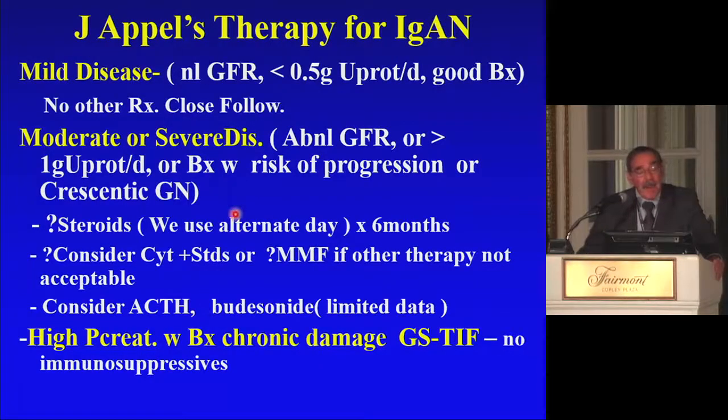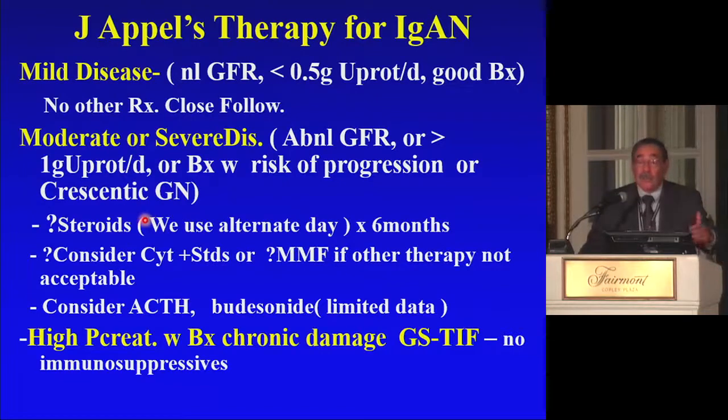If they have mild disease, normal GFR, less than 0.5 gram of proteinuria per day, and a good biopsy, I would just follow them at this point. Wait till the other studies are done. Let's see what happens. If they have moderate to severe disease, an abnormal GFR, over 1 gram of proteinuria per day, you can see I don't know what to do with 0.5 to 1 gram per day, or a biopsy that suggests a bad prognosis by the MEST Oxford score, or they have crescentic GN,